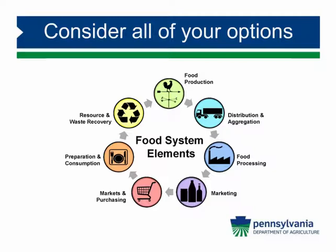So consider all of your options through all of this. Sometimes our efforts to source directly from the farmer prove to be a logistical nightmare. And please note that this section is not meant to discourage you from working directly with farmers, but its purpose is to shed some light on other models that are often helpful when sourcing for sizable operations like your schools